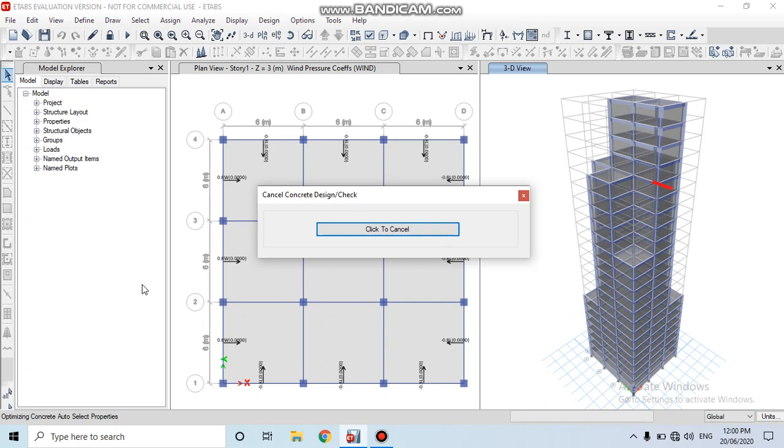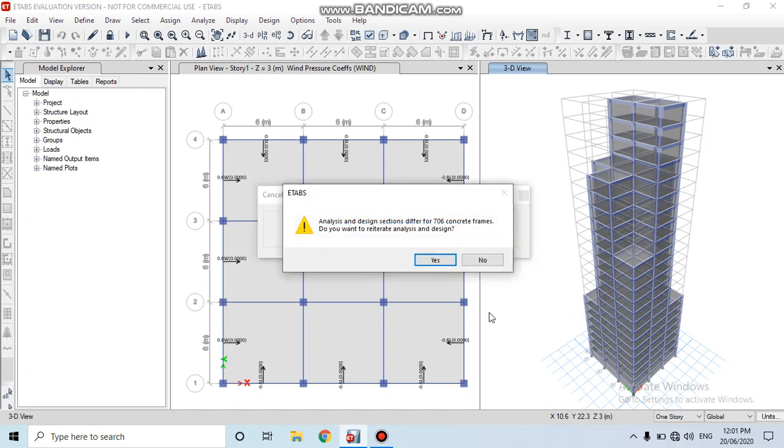Here is the design process in 3D. Here the analysis and design sections differ for 706 concrete frames. So we want to run the analysis and design again. So click on S.